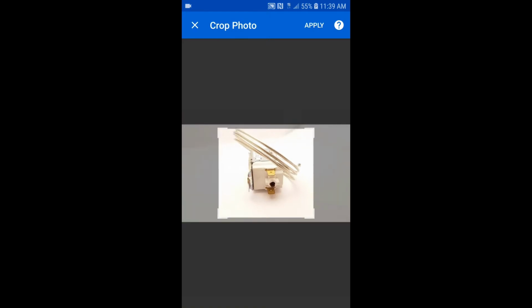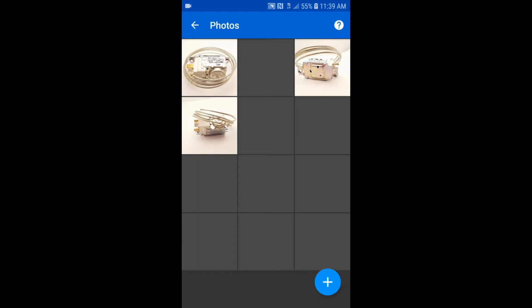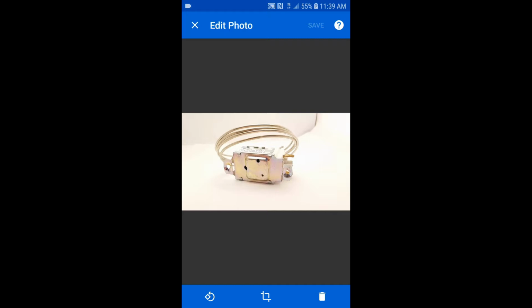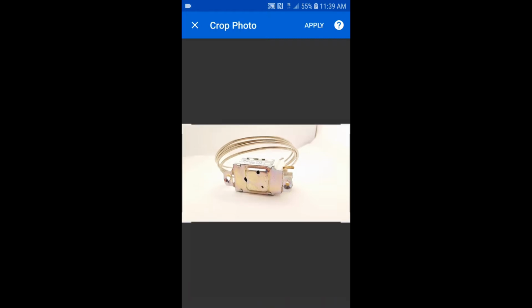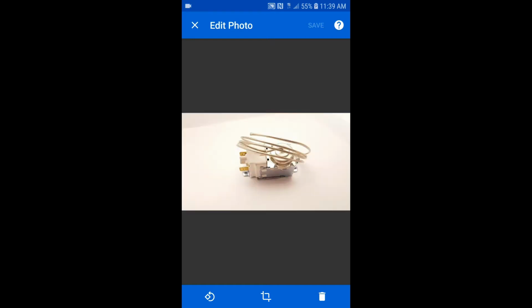I can go in and crop all of them close to the item, so I'm not wasting any space there, and the item image will be as big as I can possibly get it on eBay. And each time I just click on the photo, pull it up, click the little crop icon, which is in the middle at the bottom there, pull it in by clicking one of the corners, and then I tap or touch in the middle of the box and move it to highlight the part that I want, and then click apply at the top and then save at the top. And I'll just continue through that for each of these